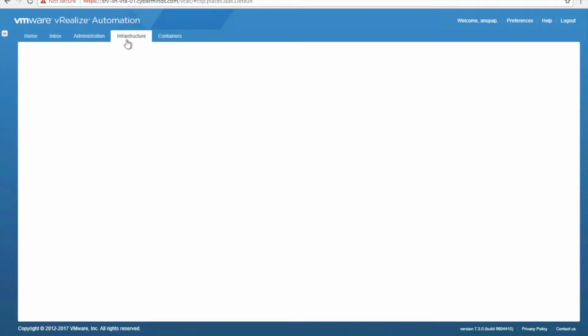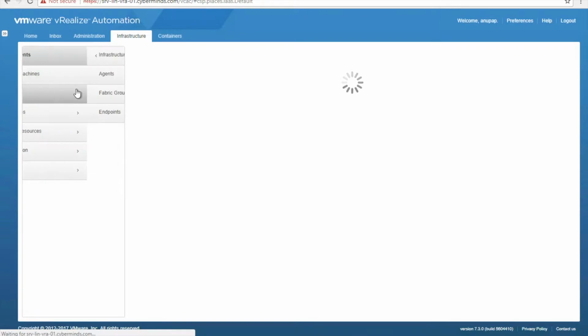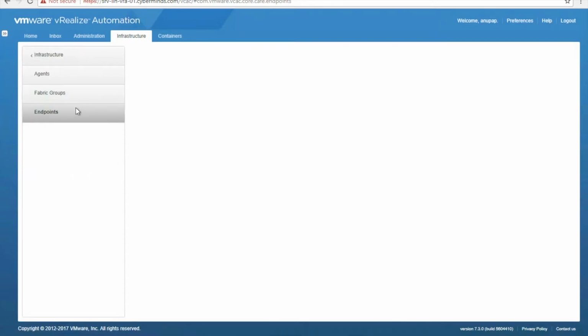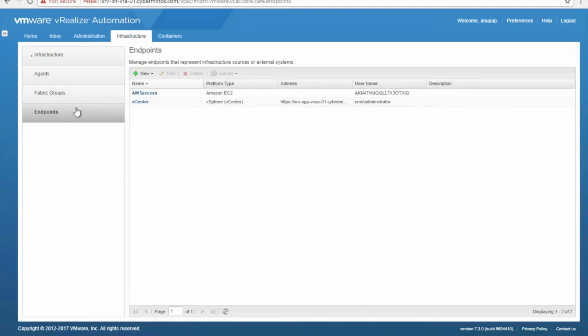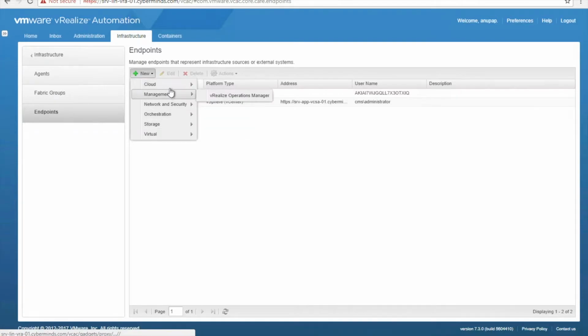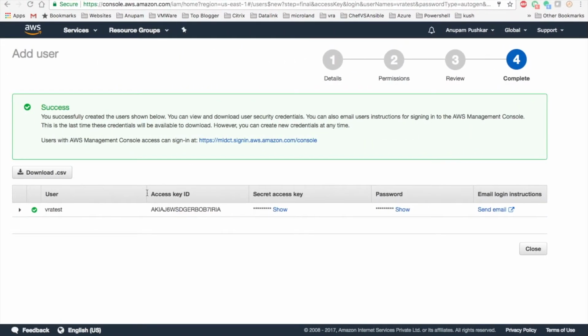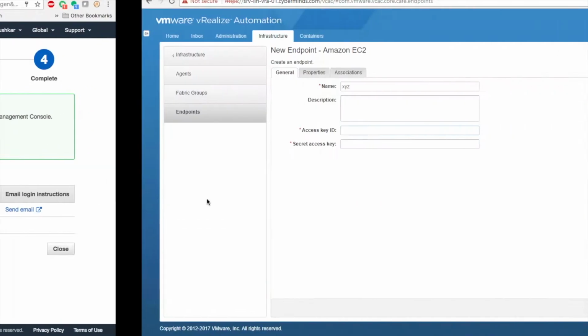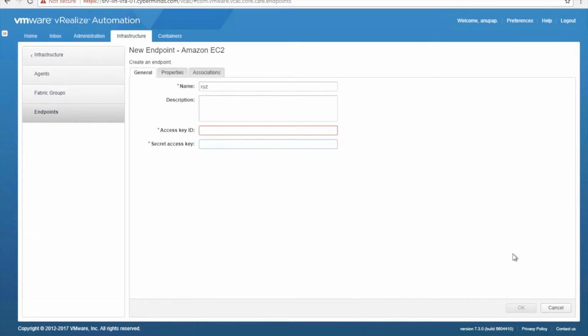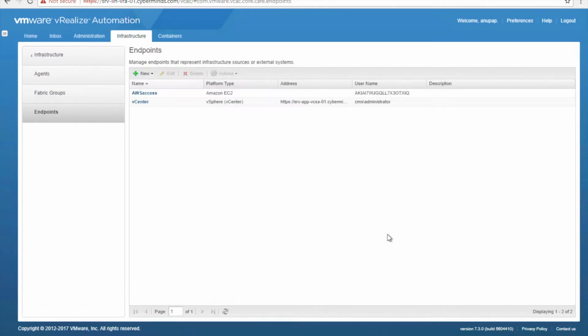We'll go to infrastructure, endpoints. In my case, I have already created AWS access. You have to do it. So go to new cloud, and Amazon EC2. You have to give whatever name you like, your access key and the secret access key. Just put in that information and click on finish. Okay, once that's done,